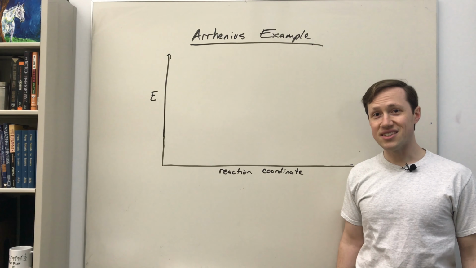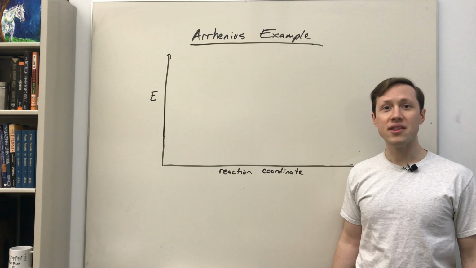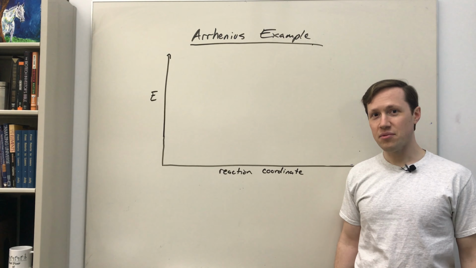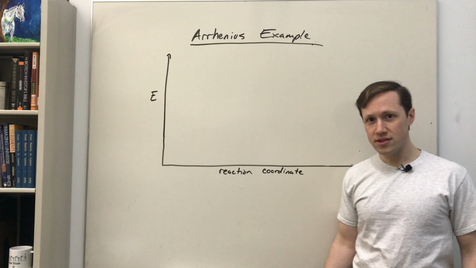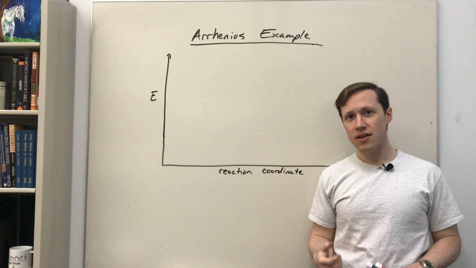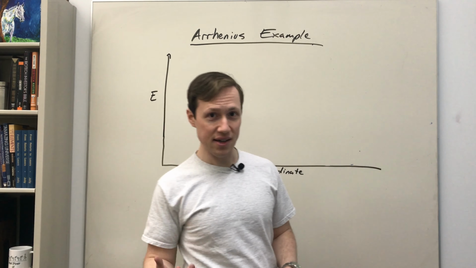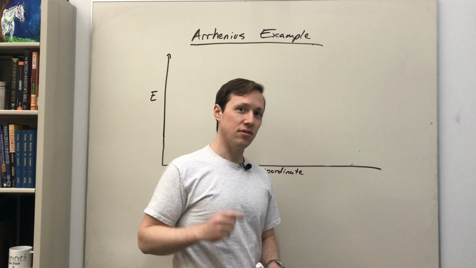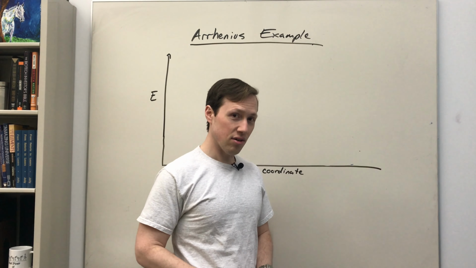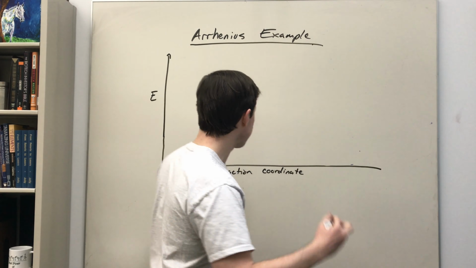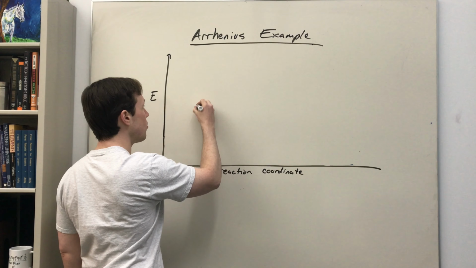Let's now look at an example of solving a problem with that Arrhenius equation that we just looked at. I want to look at an example reaction that actually does use the SN2 type mechanism that we were looking at as a possibility earlier on in the semester. So this reaction is going to involve